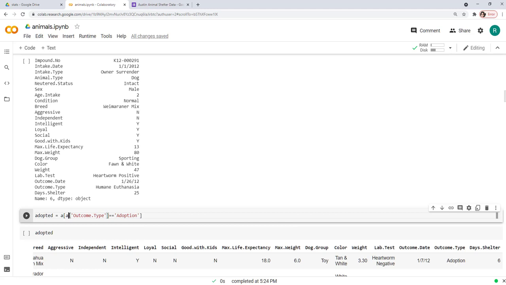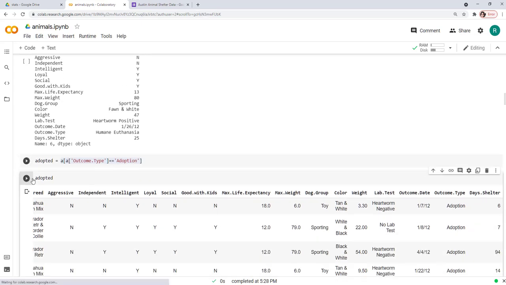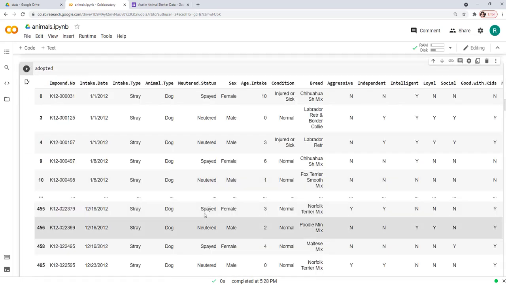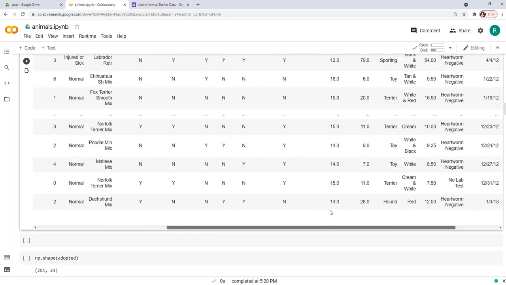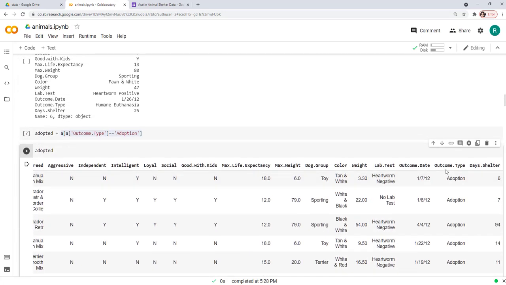By this we are able to extract a true false kind of data frame which will tell us that adoption is the outcome type, and we put it inside A to get the entire data frame of adopted animals. Once we run this, you will see the data frame that we generate, and just to check, you will see the outcome.type is always going to be adoption for this entire data set.